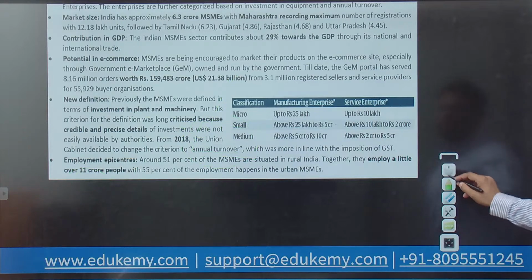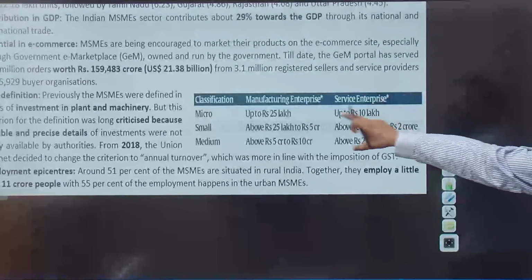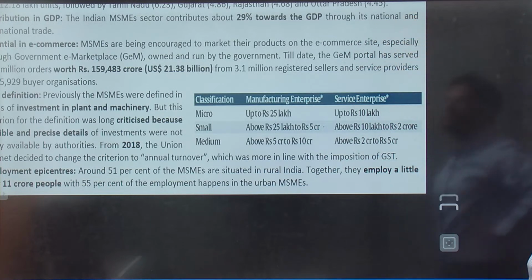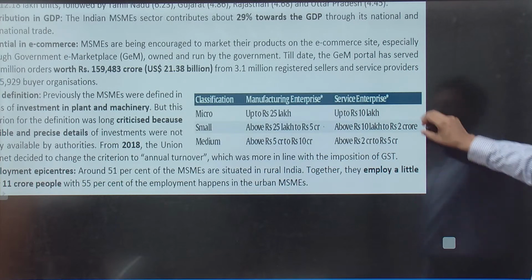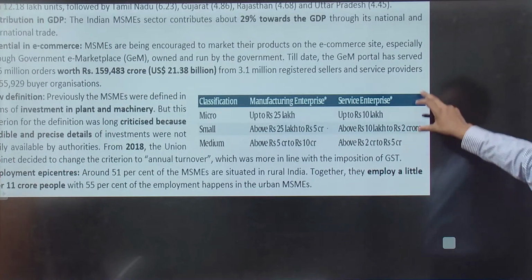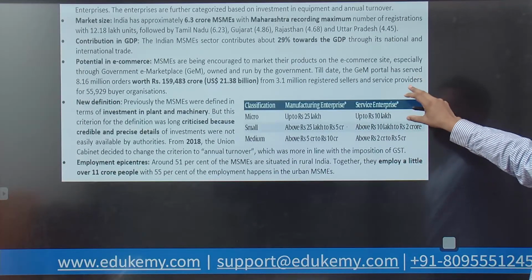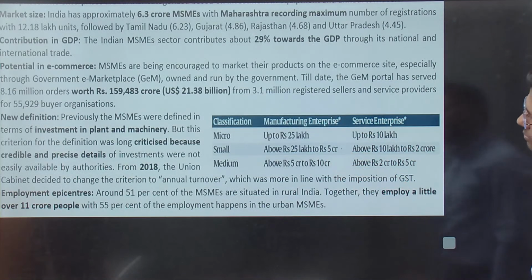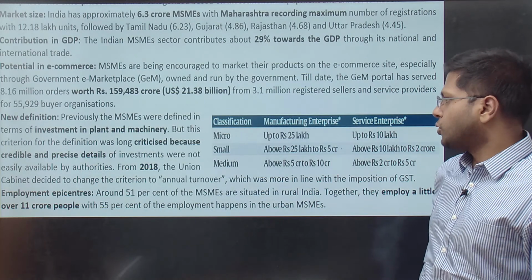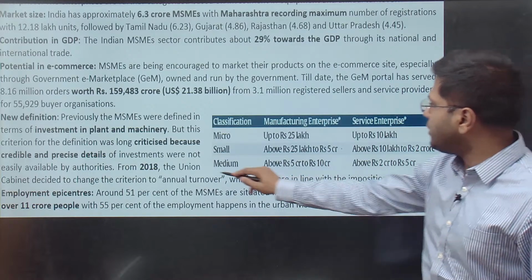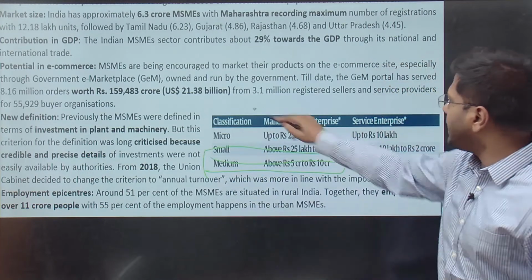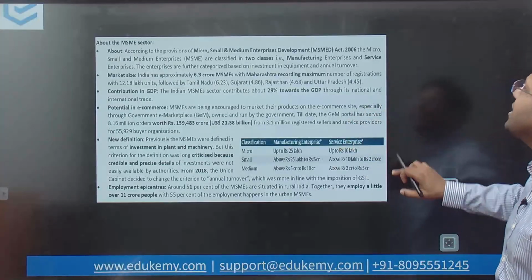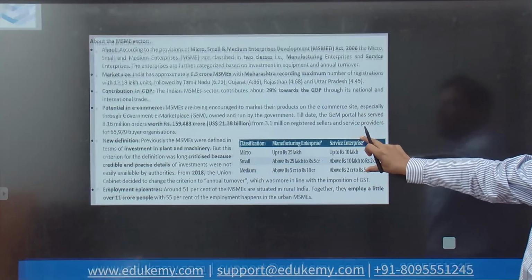We have covered this definition. Manufacturing enterprise, micro: if you've sold for 25 lakh, it is micro. Is this the old definition? It looks like the old one. Please check. This is the old one. The new classification indicates something else. You can't have just 10 crore rupees of total revenue generation and call yourself a medium industry. No, this data is false here. This data is relevant for the previous times, total investment in machineries and capital investment. So good that we have noted this down.